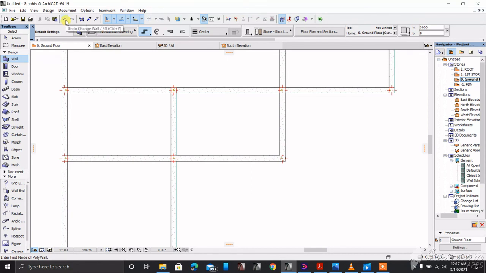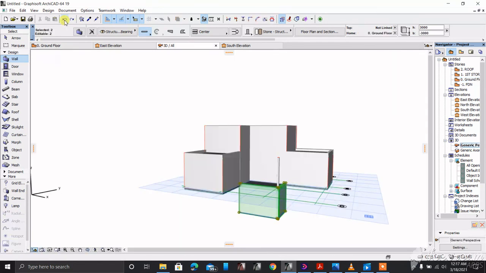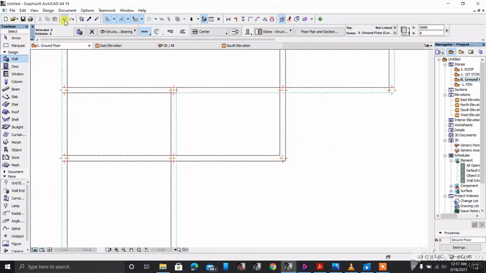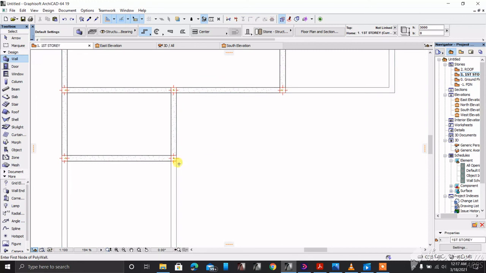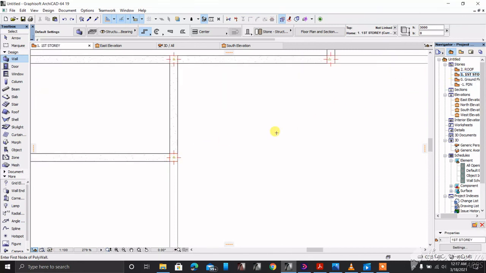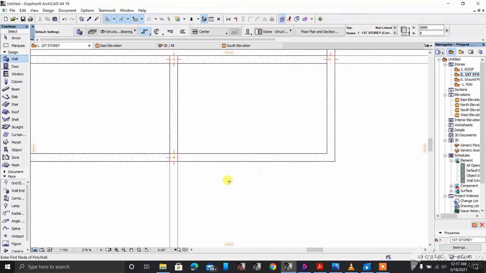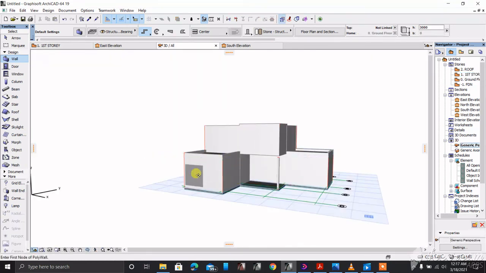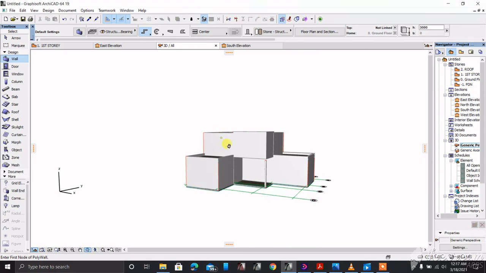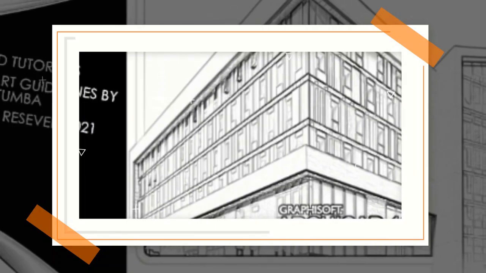If you did something that you want to undo, just go back, just go back, just go back. So we have it there. Just gonna come to the first story. This is where we're gonna have our point of reference. We're gonna have our wall here. Then as you hold your shift, direct there, so that you're gonna have it. Then you press OK. So you go back to our F3. Then you're gonna check our wall. So if you check,